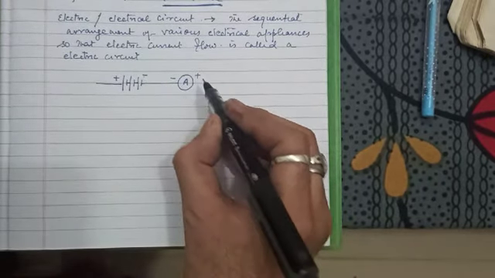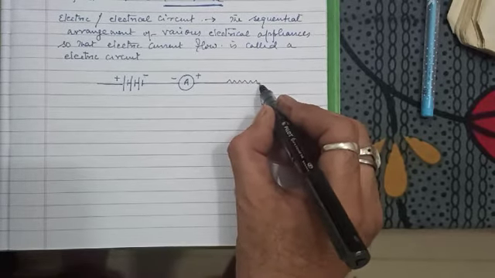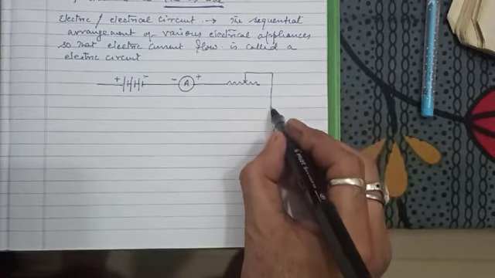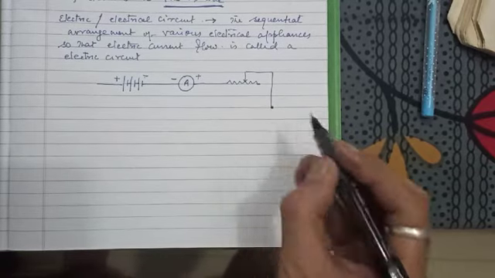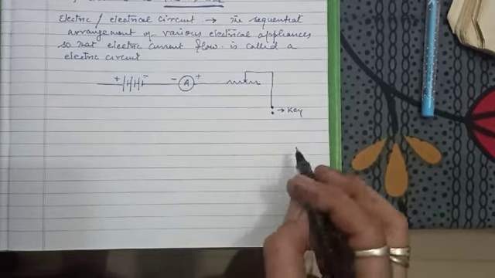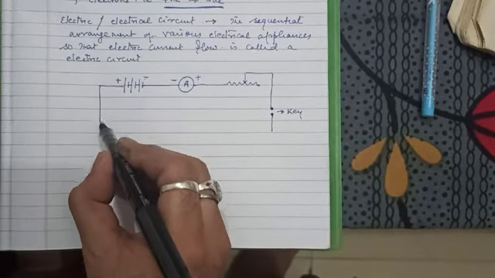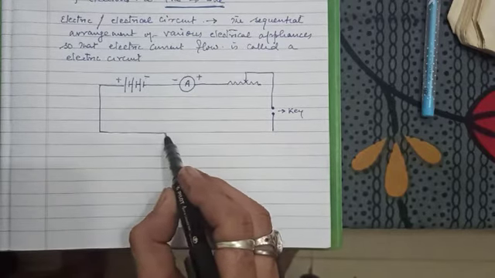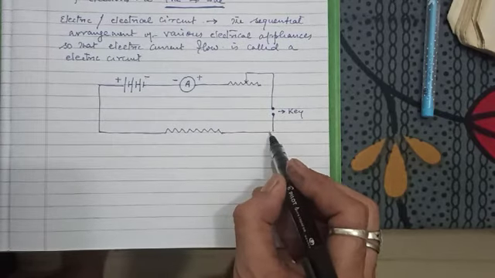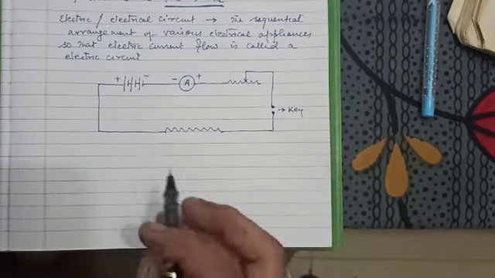The positive of the battery is connected with a variable resistance or rheostat, whose second terminal is connected with a key, and the second terminal of the key is connected with a fixed resistance, like this,